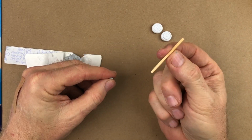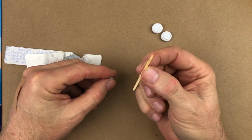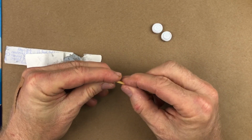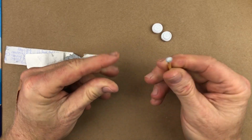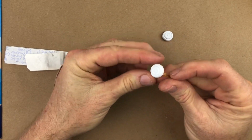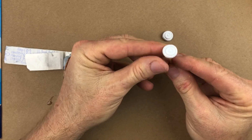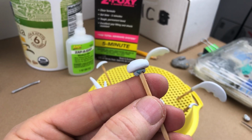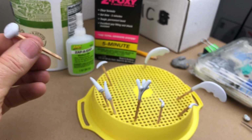I just use matchsticks because they're handy and they're cheap and I have them. And I cut the heads off the matches. You don't need the heads. Stick a little lump of blue tack on the end and mash it. Brilliant. And then when you have them stuck on the stick with the blue tack, you put them in this